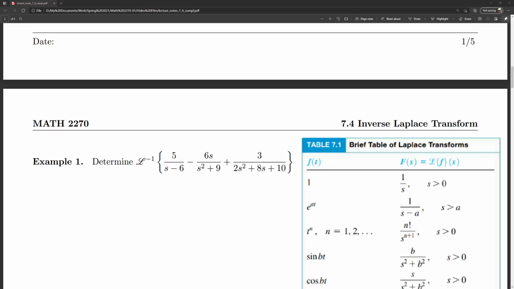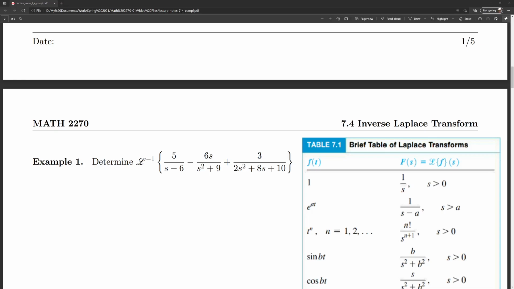So the first method for finding inverse Laplace transforms depends on finding expressions in the table of Laplace transforms and then looking up what the corresponding function of t is. So for instance, when we have to find the Laplace inverse of 5 over s minus 6